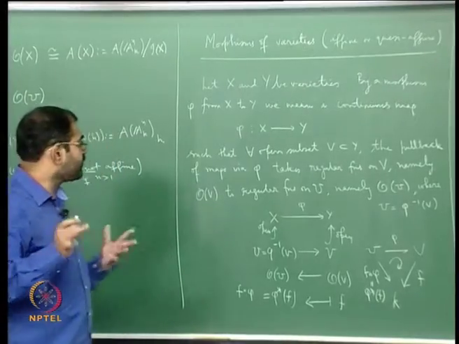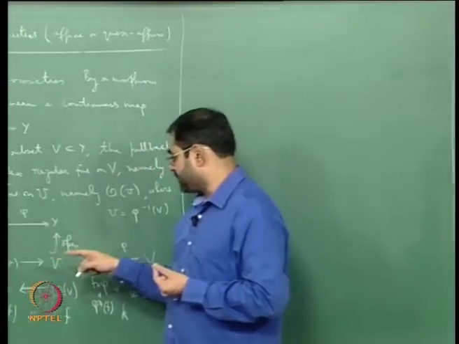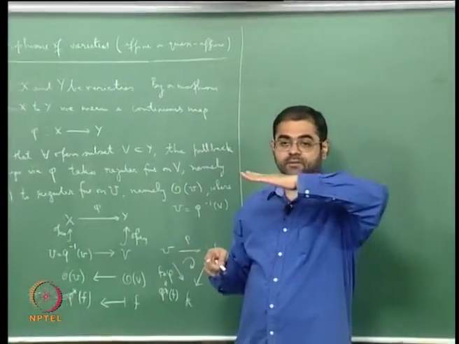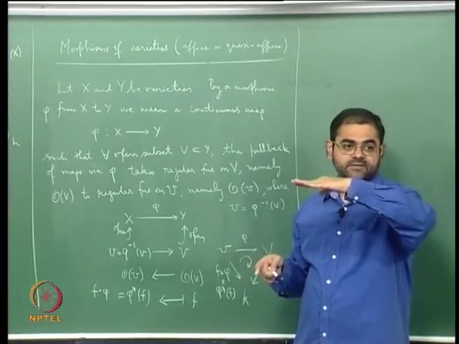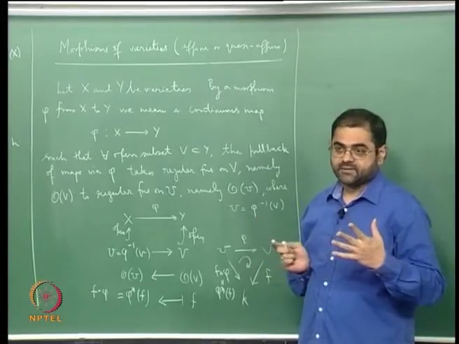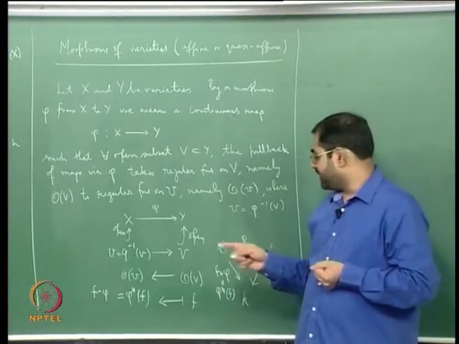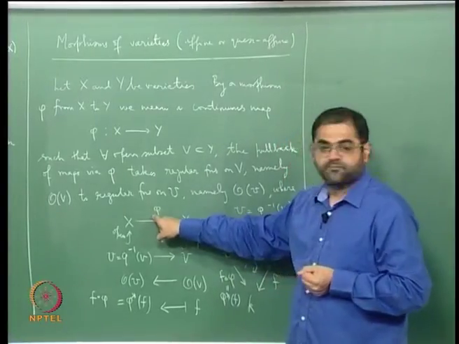Okay, this is the definition of what a morphism is. What you must understand is the following: if you go down from the category of varieties to the category of topological spaces, that is, you forget the variety structure and just look at all these things as the underlying topological spaces with, of course, the Zariski topology, then what will happen is, if you give me a morphism